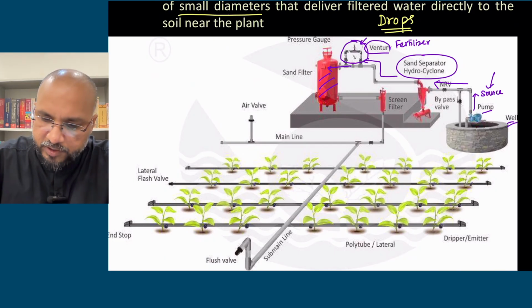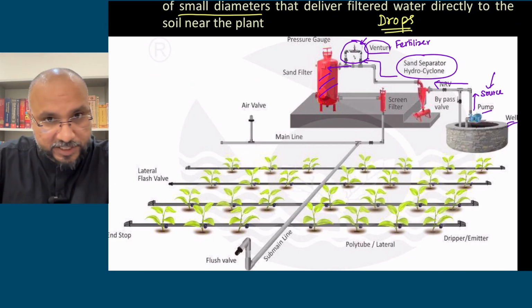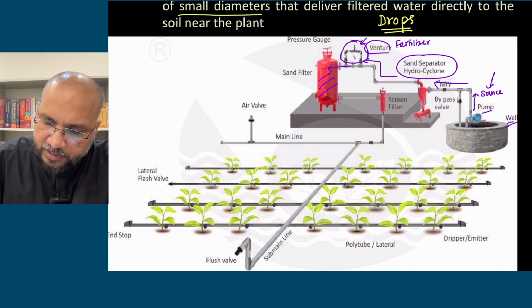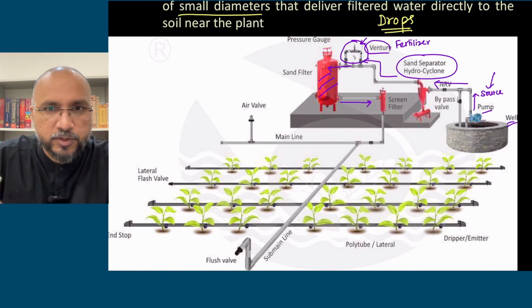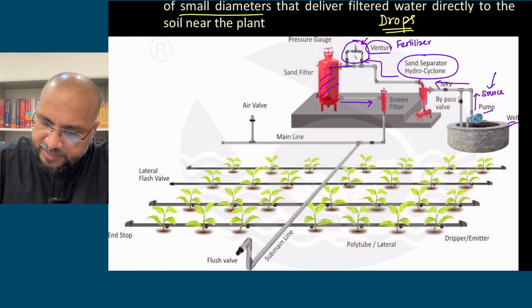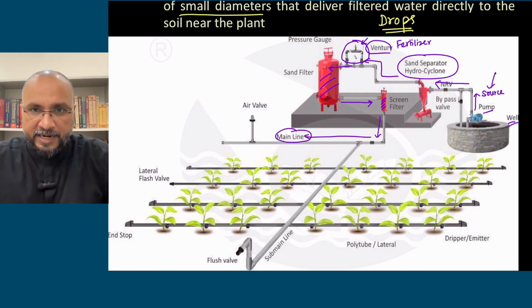This filtered water again, here there will be a pressure gauge, to maintain the pressure. So the filtered water will move into another screen filter. Whatever sand particles have escaped through the sand filter will be filtered here, in the screen filter, and from here after filtration the water will move into the main line. This is the main line. From the main line again you have